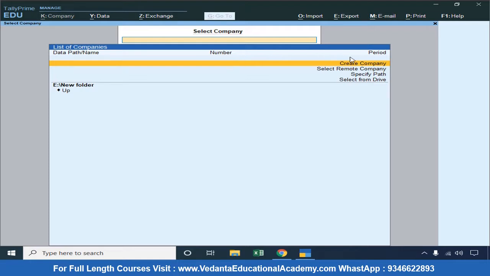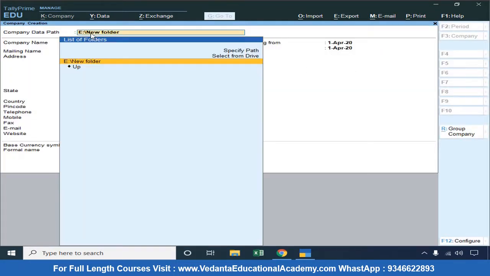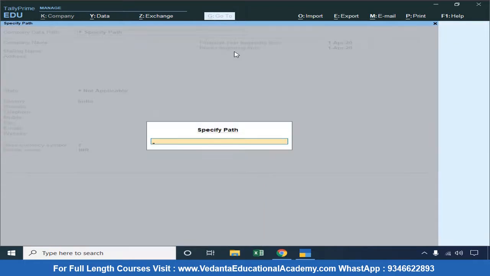In this screen, I am going to select create company. That's it. So here it is going to display where you would like to save this company. Of course, it is my choice whether you like to save in the same E drive or any other drive. If your path is already copied in your clipboard, then go to specify path.